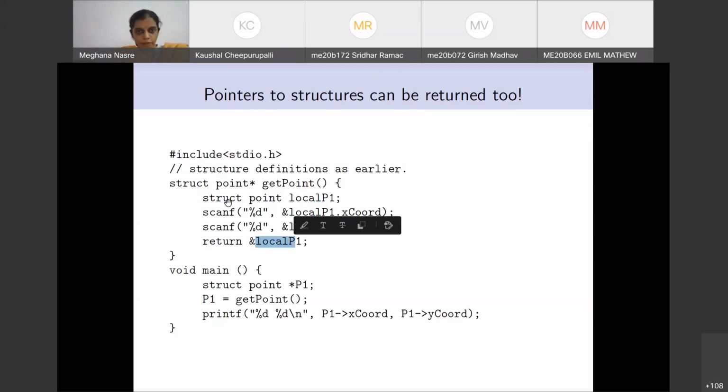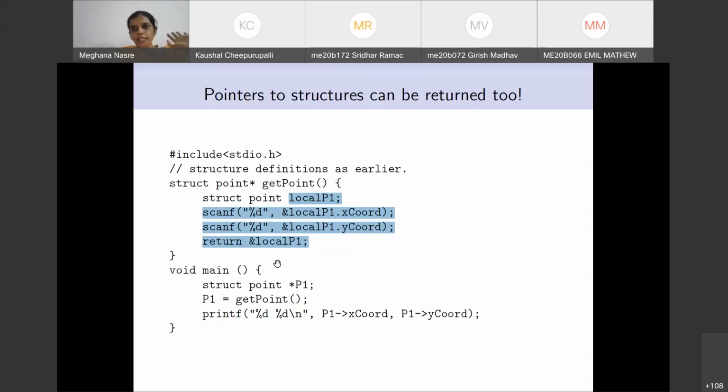Okay, so as some of you have pointed out, this program is not correct. Everything is syntactically correct, but this local P1 is a local variable. It goes out of scope as soon as this function ends its execution. And therefore, when you send the address of this local variable, it is something out of scope, which is an illegal memory access after this function has completed execution. So although the program is syntactically correct, it is most likely going to give us a core dump.